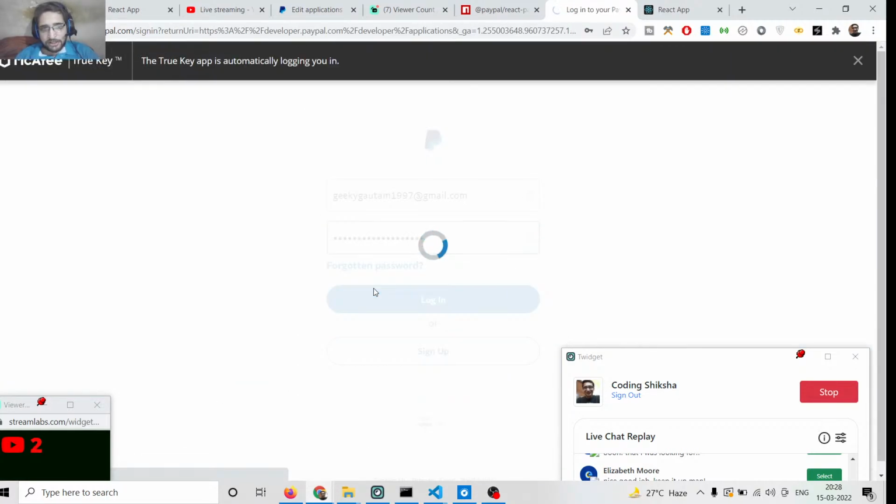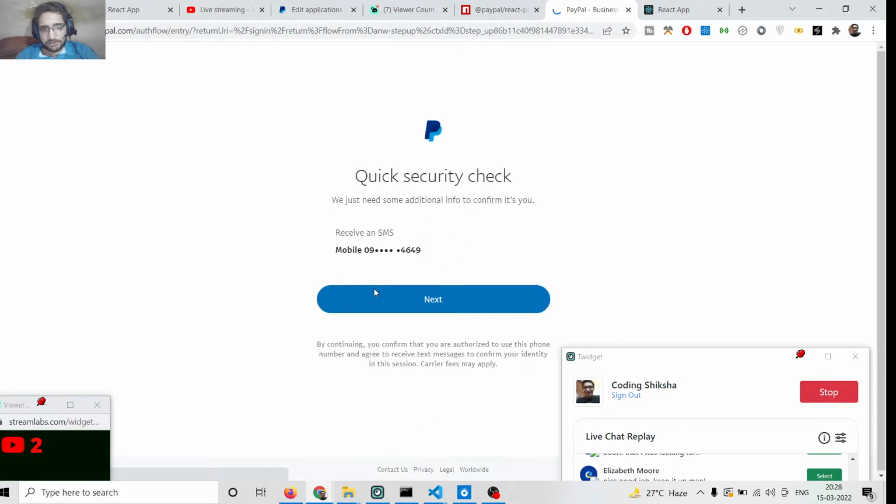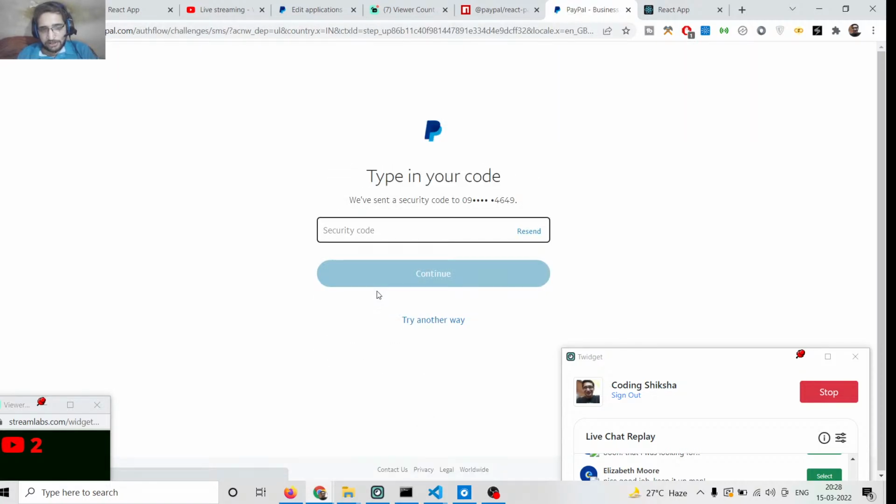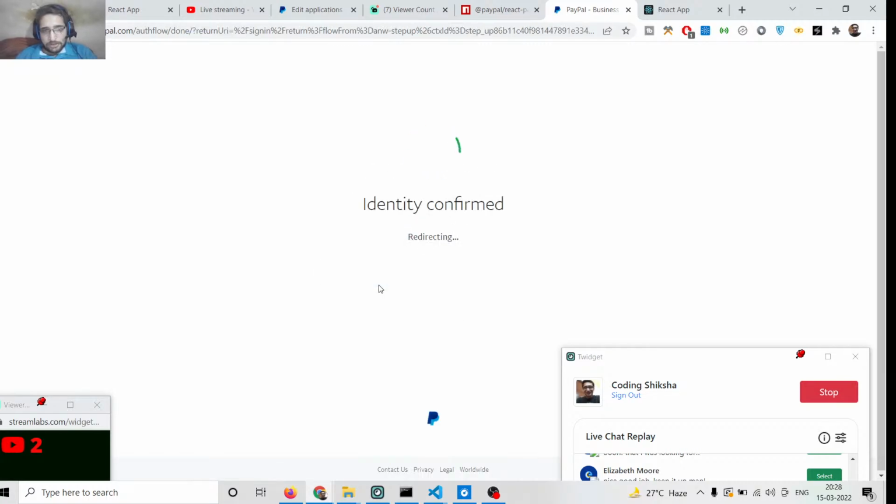So I will simply log in with my username and password. This is just a security check, so I will be receiving a security code on my mobile number. I will just enter this. The security code is 9322028. Click on continue. Now you will see that first of all what we need to do is